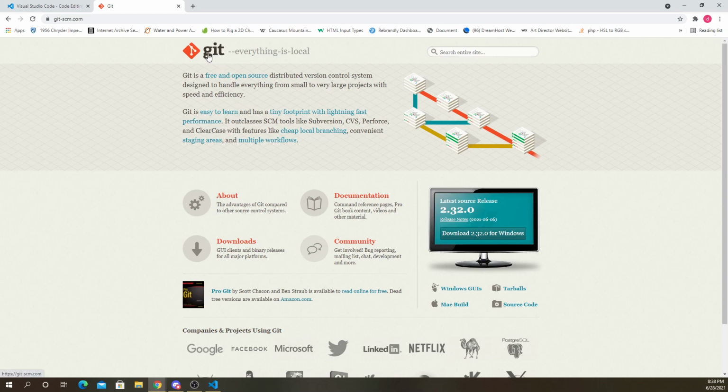But what makes Git or using GitHub with the Git version control system better than something like OneDrive or Google Drive or some regular cloud storage? What makes this more useful is it keeps track of all the history. So every change that you make, you work on a file, you do what's called a commit, and every time you commit, you basically save a state of that project's history.